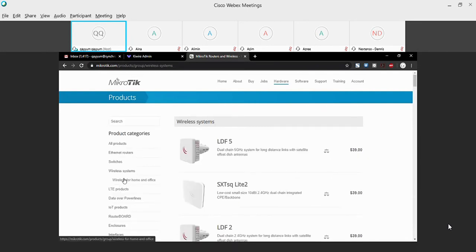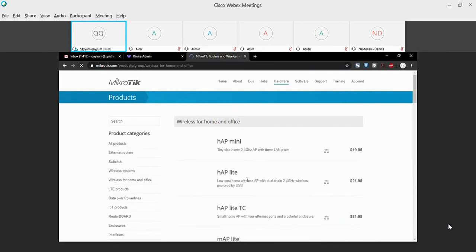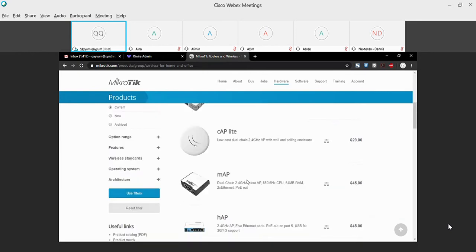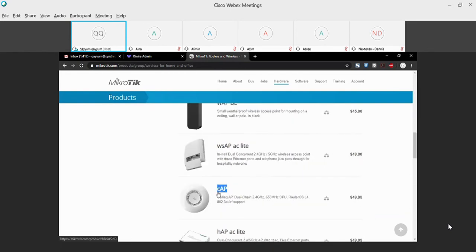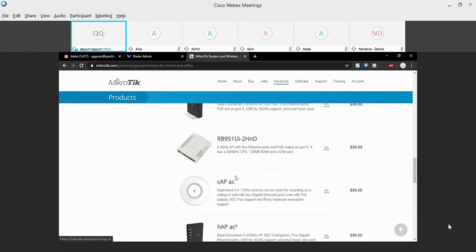It's under wireless for home and office. For example, CAP Lite, another model is CAP, and then CAP AC.